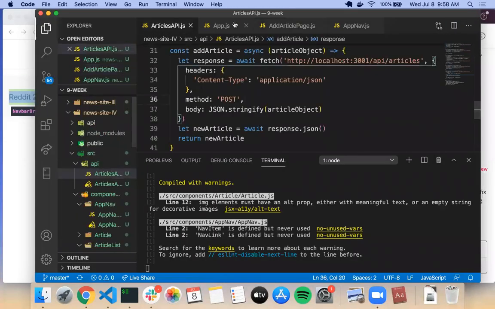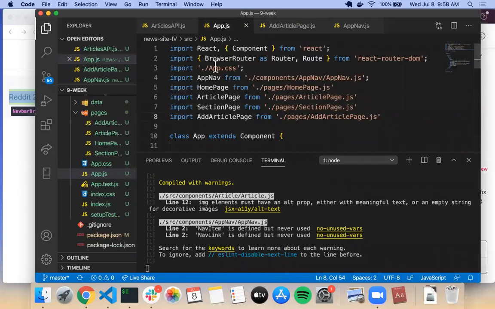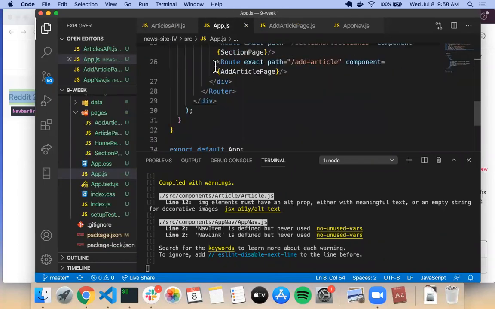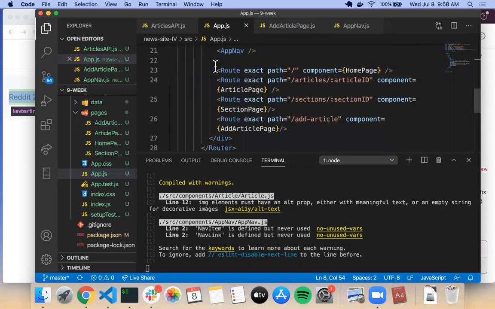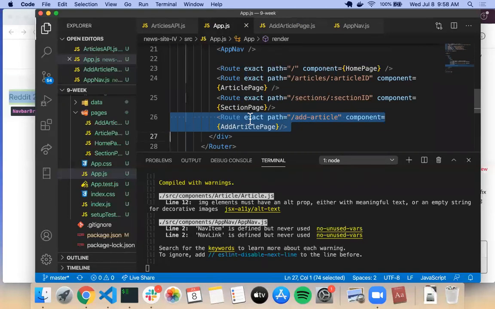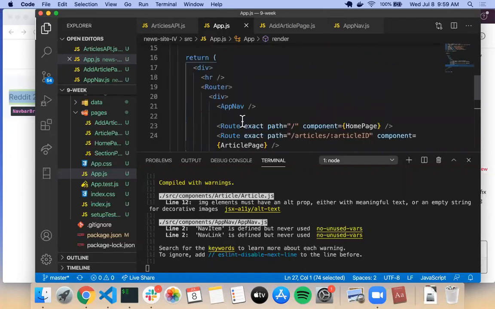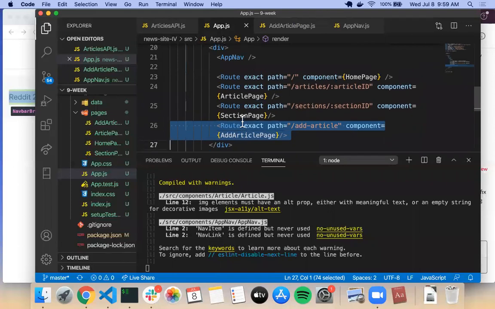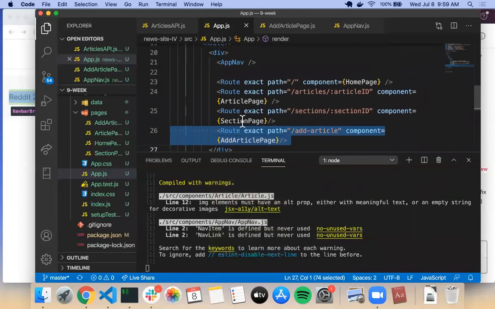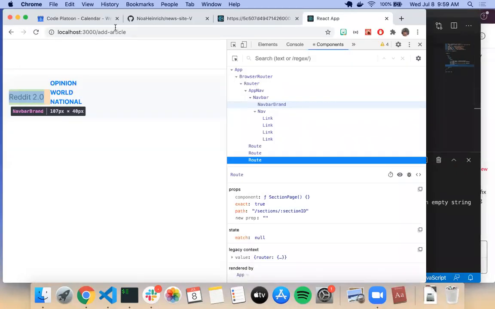No, can you go to your app.js? Yep. So here's my route going to the add article, and it recognizes that as an add article. We say what component it is, add article page, which I did import. I was having a similar problem yesterday, but it was because of misspelling. The way the React app is set up, you can enter any address and it'll bring you somewhere with just the